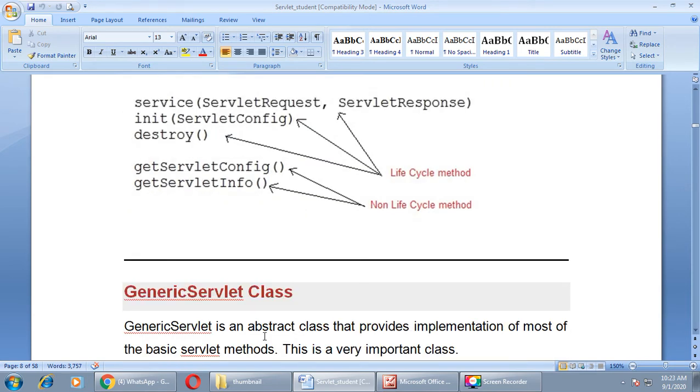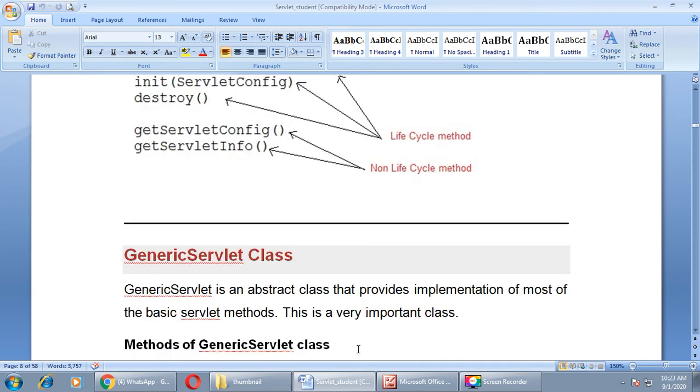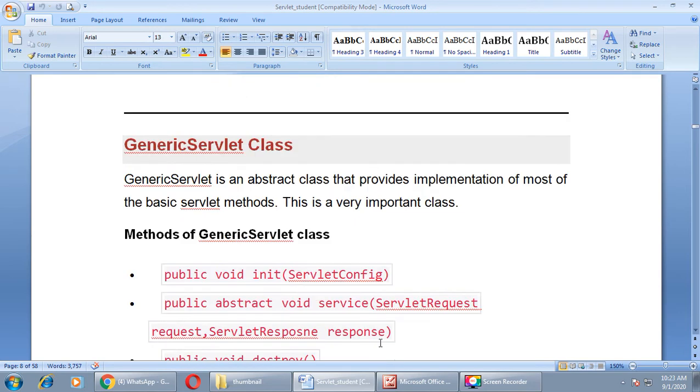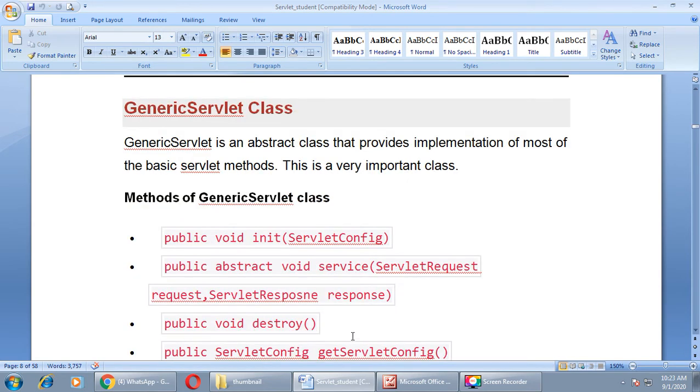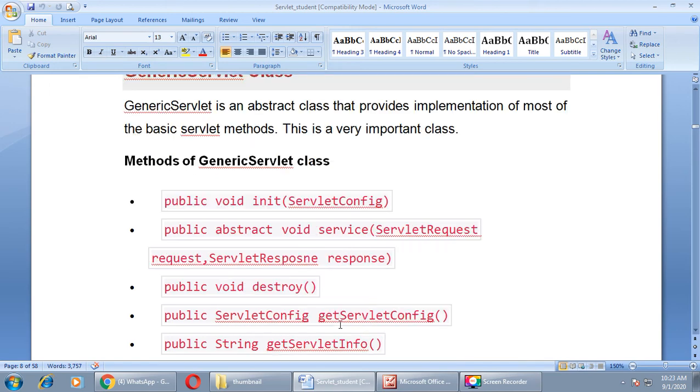Generic servlet class. Generic servlet is an abstract class that provides implementation of most of the basic servlet methods. This is a very important class. Without this class we cannot define a servlet, right? We cannot create an application without this class. Methods of generic servlet class are given here: init, service, destroy, the basic methods inherited from the servlet interface, right?